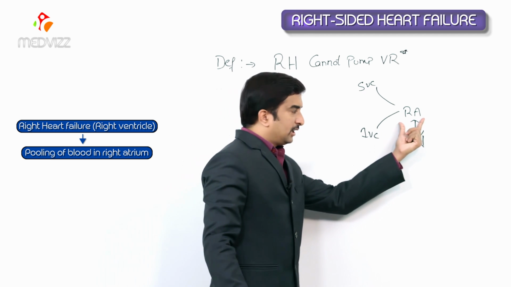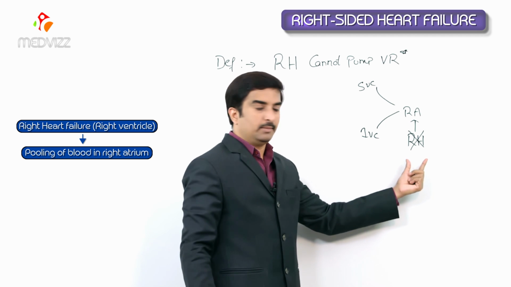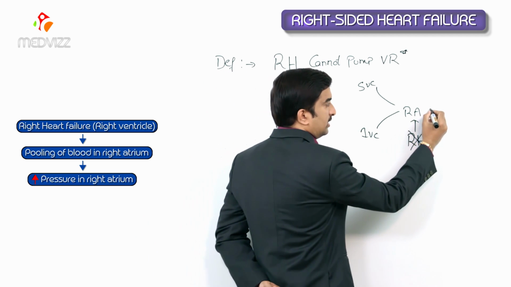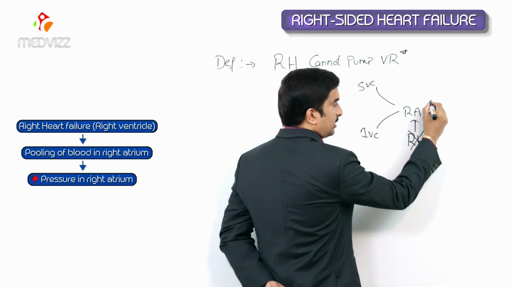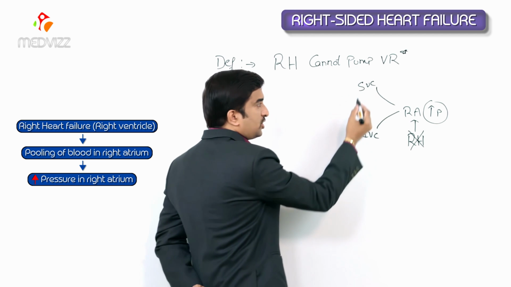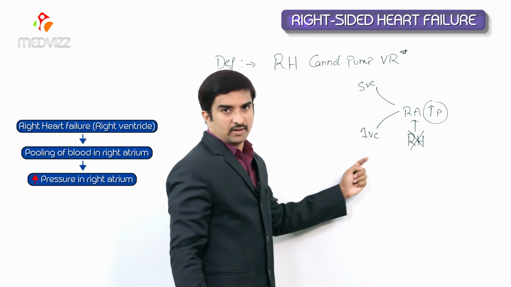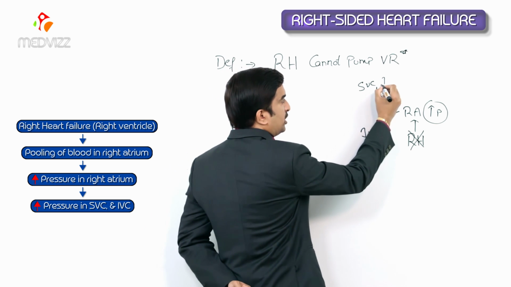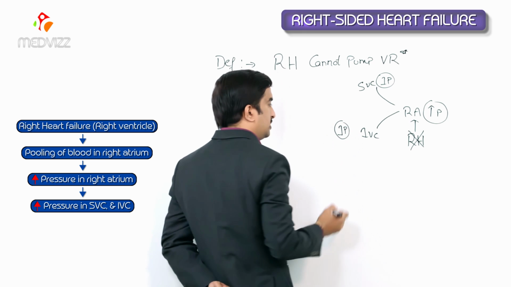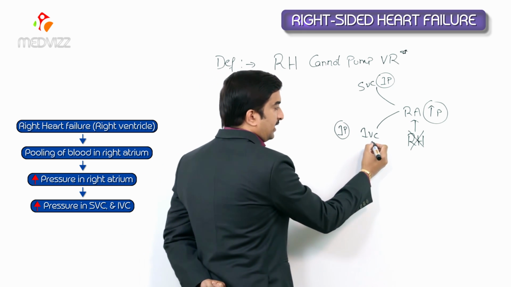So, whenever blood accumulates in the right atria because the right ventricle cannot pump effectively, there will be increased pressure in the right atria. In the same way, there will be accumulation of blood in the superior vena cava as well as in the inferior vena cava. So, there will be increased pressure in the superior vena cava as well as in the inferior vena cava. We know that the inferior vena cava receives